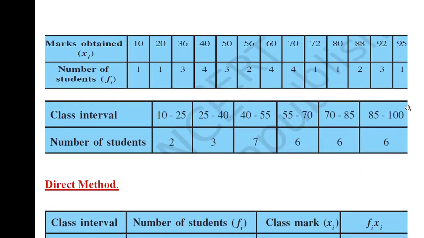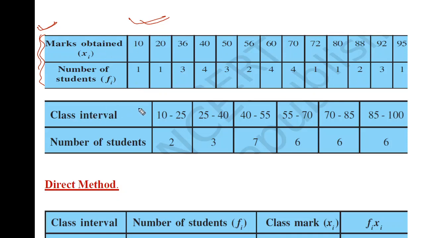See, here you have the same table as in example 1 that we had. Now this was the question. We can use this data in grouped form, in a class interval, or you can convert this data into grouped data. Here you can see this is raw data. You can convert it into grouped data: 10 marks secured by one student, 20 marks by one student, 36 marks by 3 students. Now we will convert this data into grouped data.